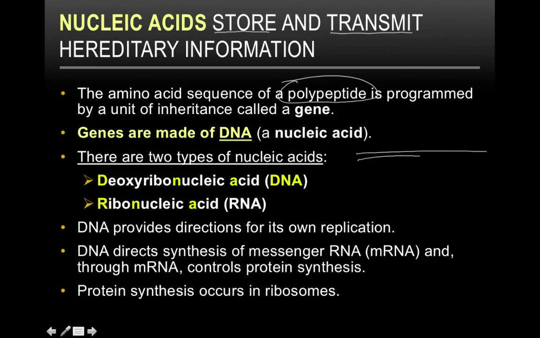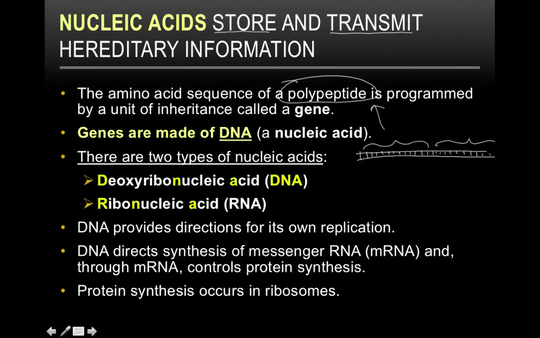If this is a DNA molecule, which is always double-stranded and held together by hydrogen bonds, you could have a gene here and another gene here. And as you went down that DNA molecule, you might find 1,000 or more genes. So a gene is simply a stretch of DNA that has information, and often it's information for a polypeptide of some sort. There are two types of nucleic acids: